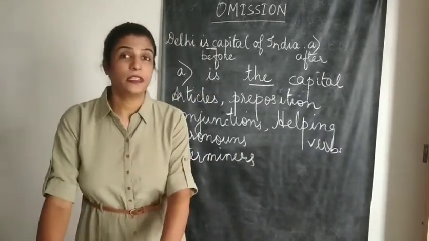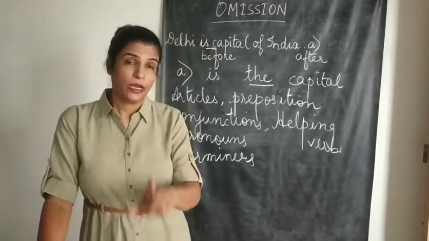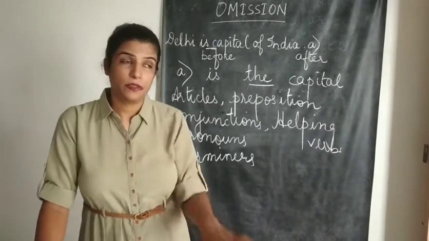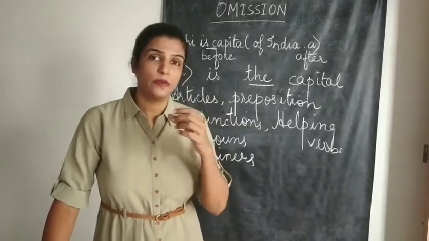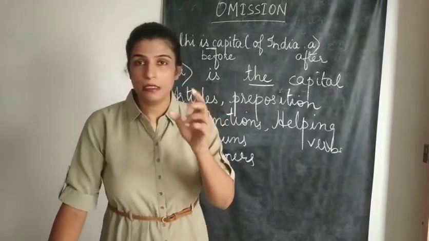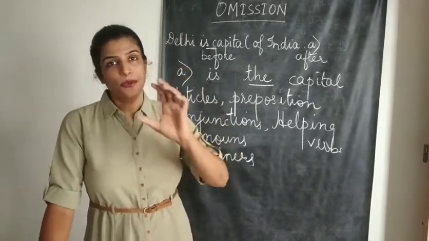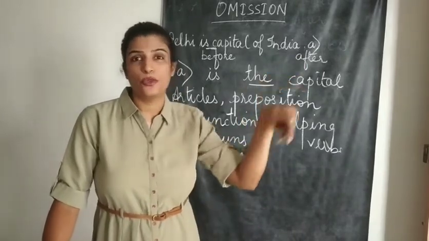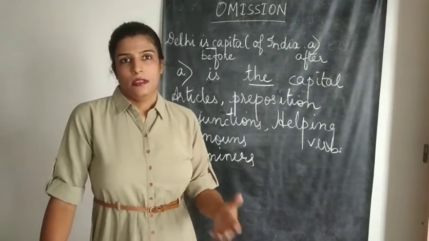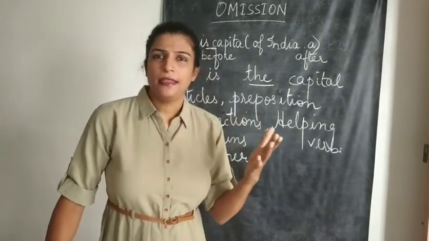Determiners are of different kinds. You have pinpointers, you have demonstratives, you have quantifiers, qualifiers. I will send you a video which I have taught about determiners. You just go through that video. You will know what I am talking about. Determiners like this, that, these, those can go missing. Reflexive pronouns, anything can go missing.